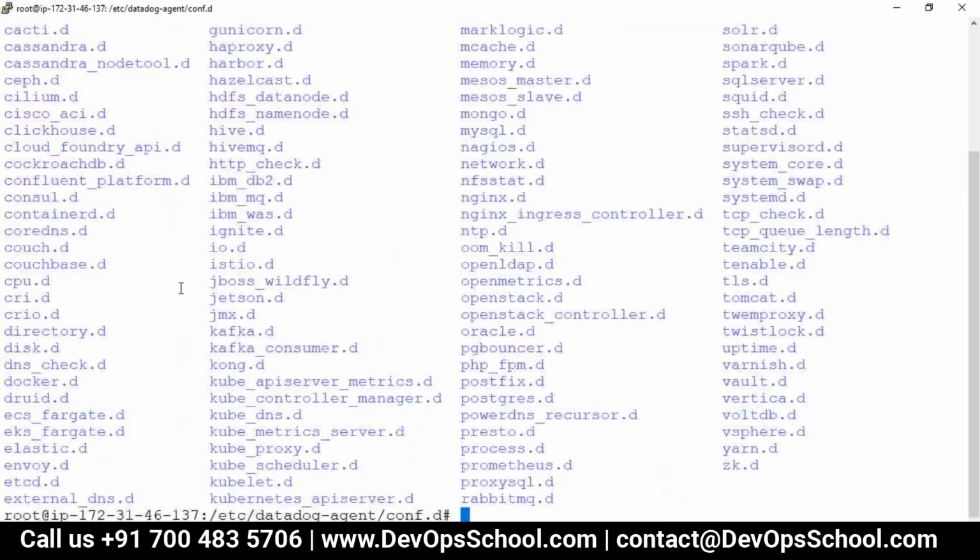We just have not integrated anything. That is the reason we are getting zero.